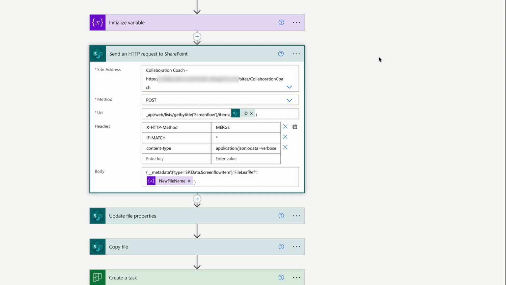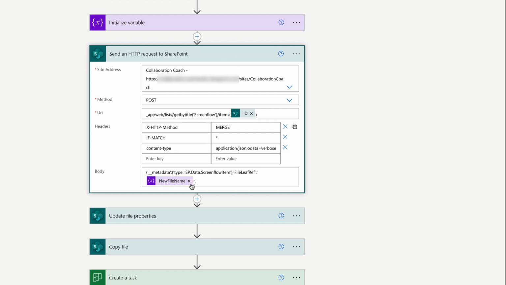And to build the URI that the post will use, I have to identify the library, which in this case is ScreenFlow. And for the folder, I can use the ID property from the previous steps. Now, if you copy this method, all you have to do is replace ScreenFlow here with your own library name. Now, this header table configures the type of post it's going to be, so this has to be accurate. And then finally, the body is what's going to be posted. So in my case, it's the variable I created in the previous step named new file name.